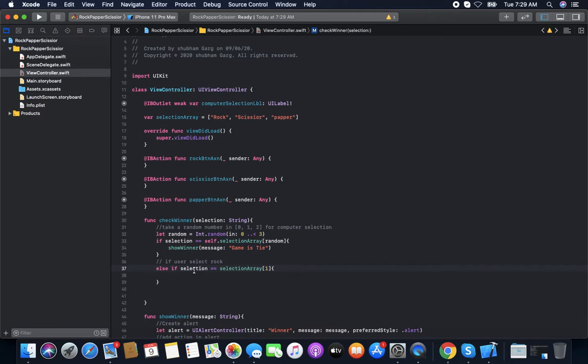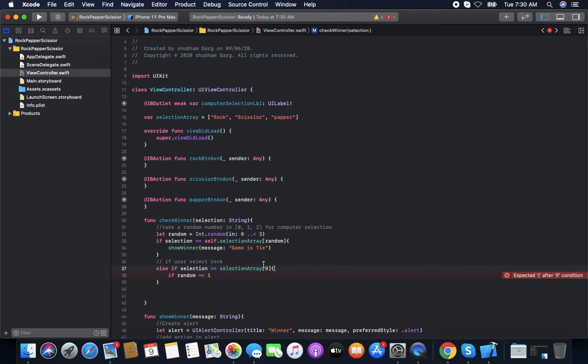if user select rock, then there will be two conditions: computer select scissor or computer select paper. So if random equal to 1 means paper.